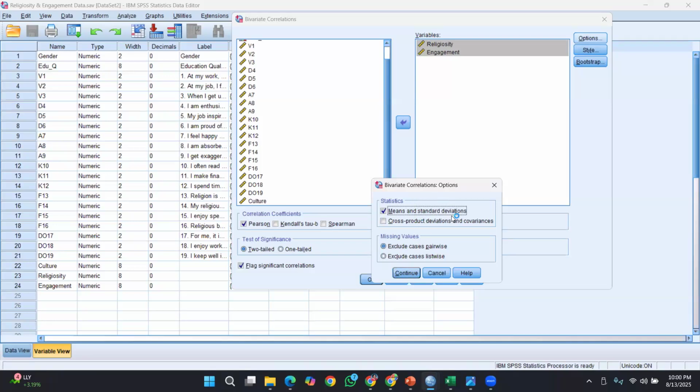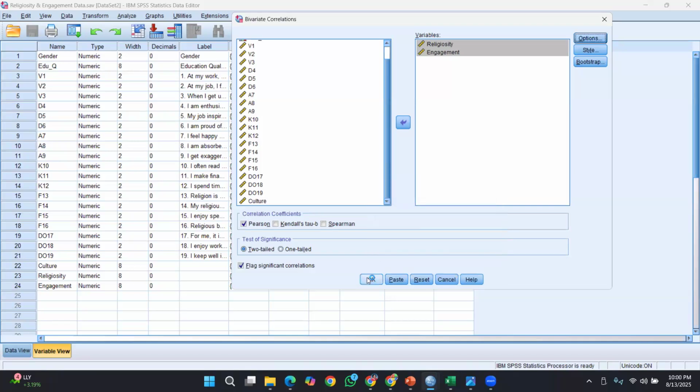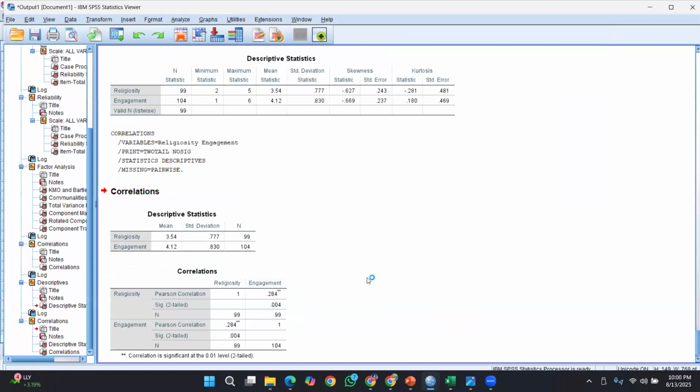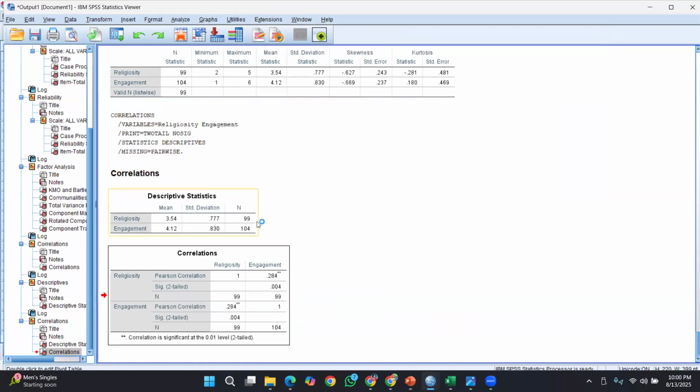Okay, this is there. Now, of course, we have obtained the correlation. For religiosity, we have 99, engagement 104. That is the N value actually, and this is the correlation. You can see the correlation is not that powerful, but still it is there.